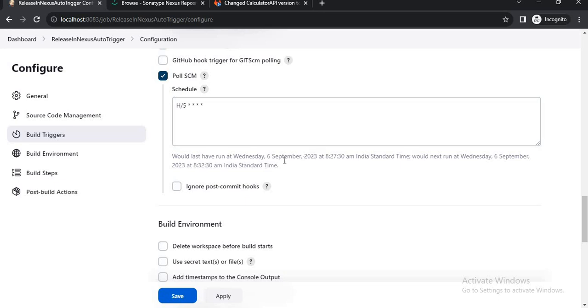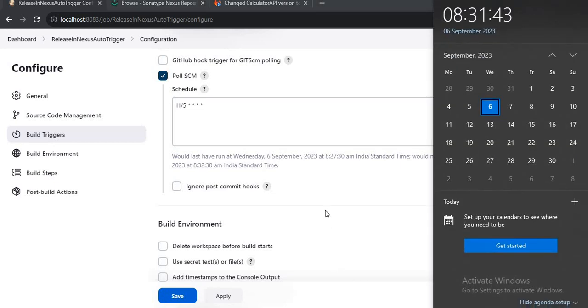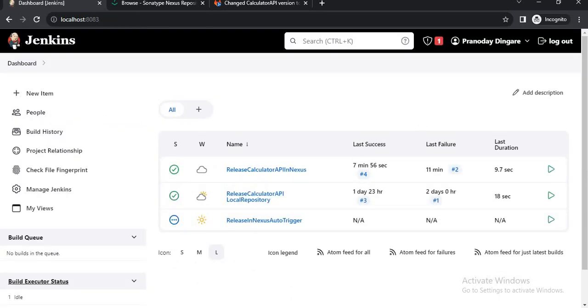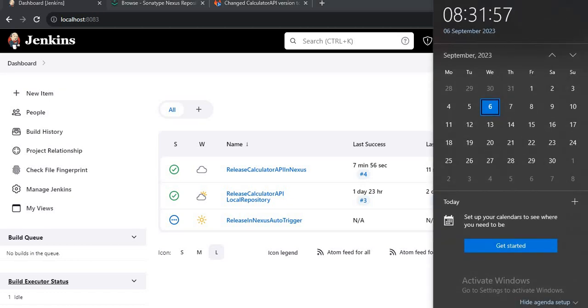See here, it says the next poll is at 8:32. At 8:32 it will poll. It is defined here, after every 5 minutes it will poll, H/5 minutes. Now let's wait until our clock hits 8:32 and then it will poll, get the change and trigger the job. See, now it's at 32.